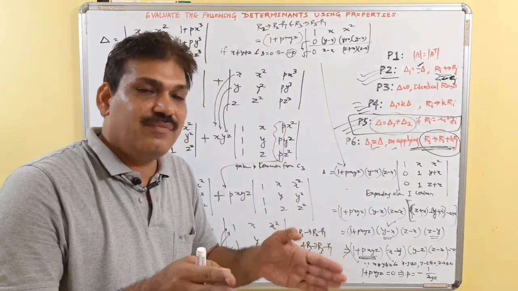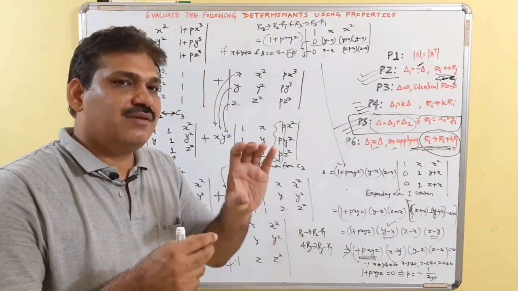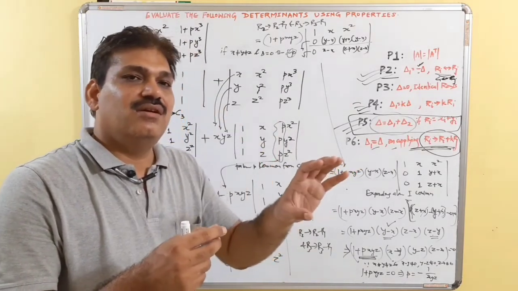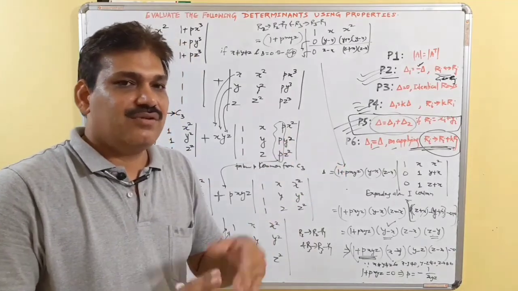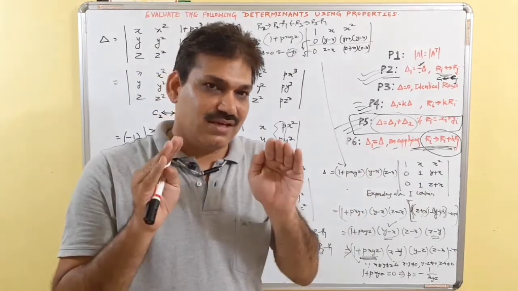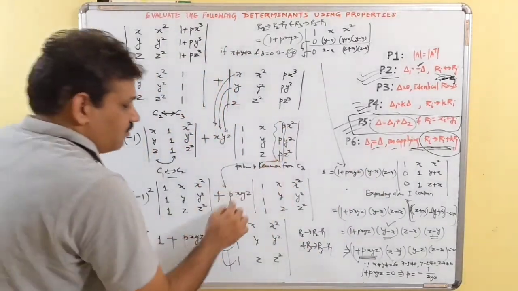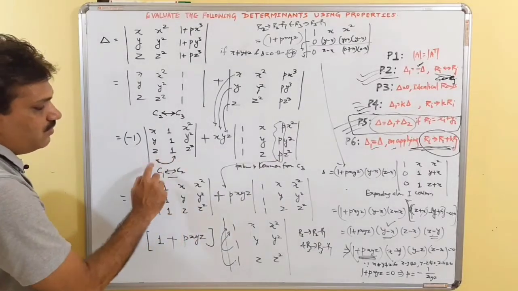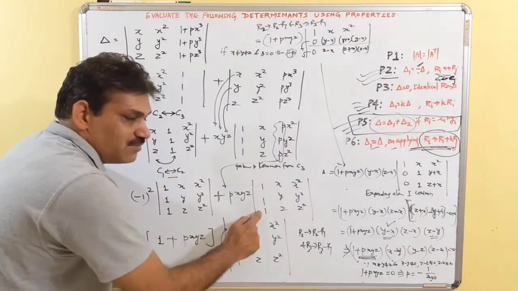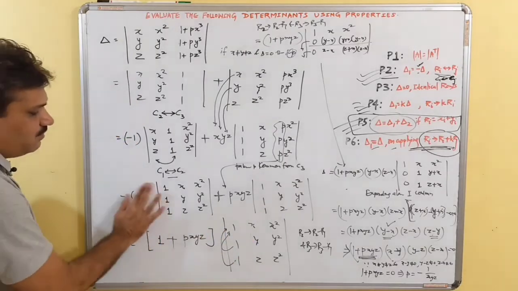Don't mix row and column in a single step. In a problem, in one step you can use a row transformation, then in the next step you can use row or column, but you must not mix rows and columns in a single step. That is to be taken care of. Now this p is common, meanwhile we interchange so that 1 1 1 is here. Now the two determinants are same, so we took common. This minus 1 square is simply 1.